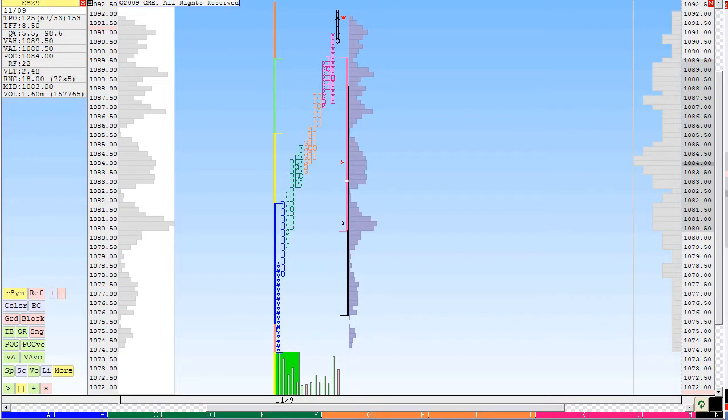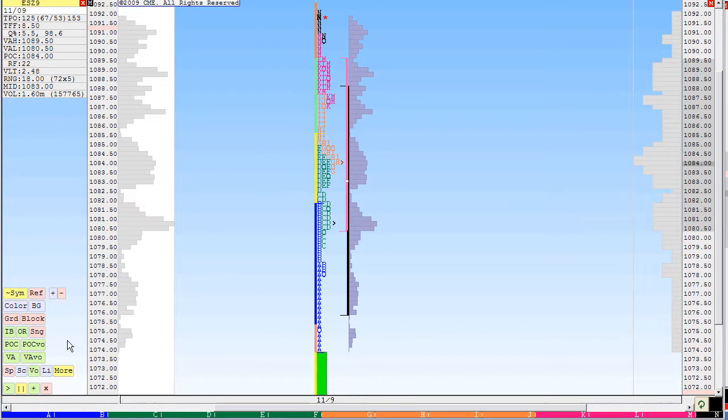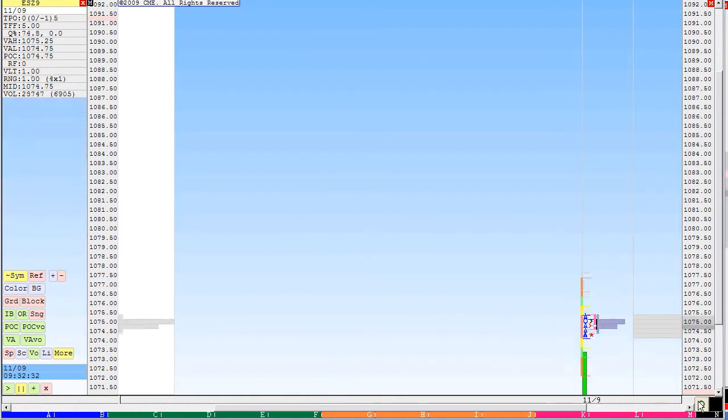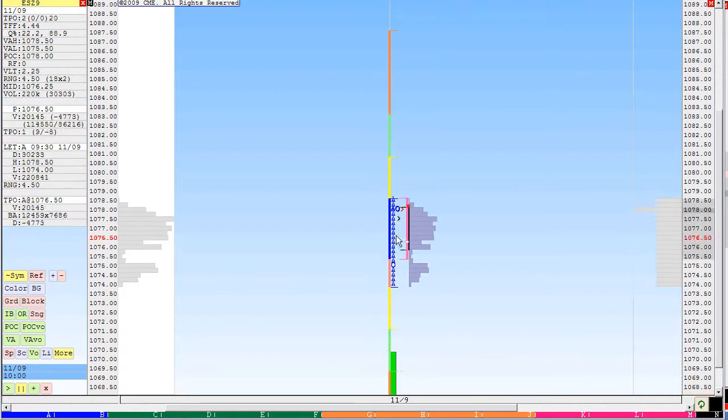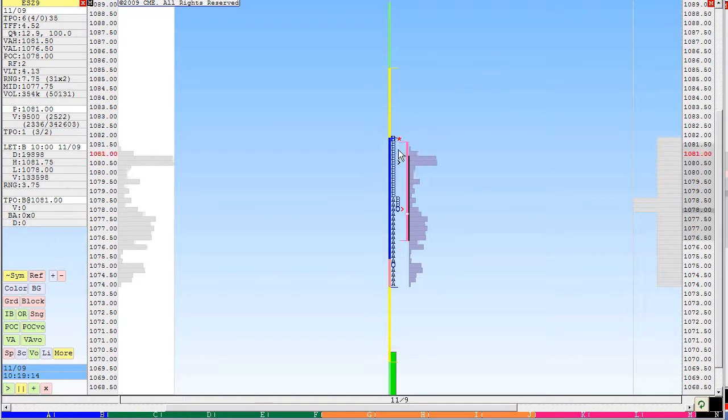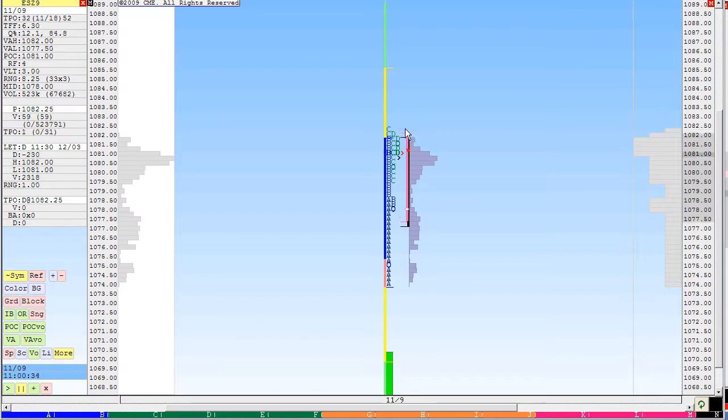Okay, so now I want to replay for you how the day transpired on this market profile chart. So if I hit this play button, we can see over here the letters as they're forming. Okay, so we've got the A's forming. You can see here as it's chipping away, B pushing higher highs, and C coming in, C then making higher highs, D,